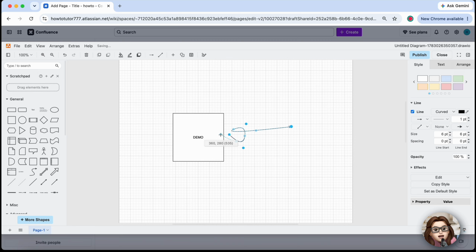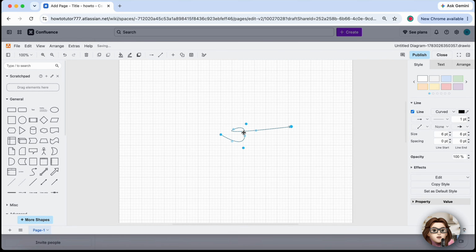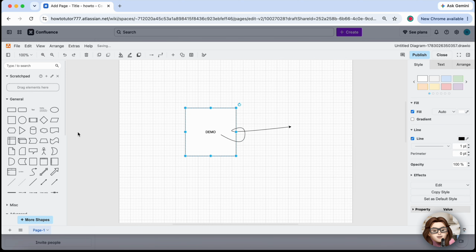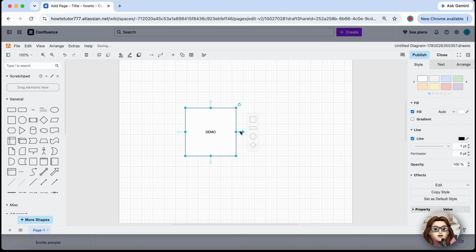To add text that isn't attached to any shape, double-click an empty area of the canvas. This creates a free-floating text box that you can move anywhere in the diagram, making it useful for comments or